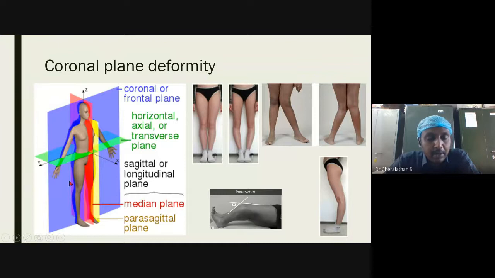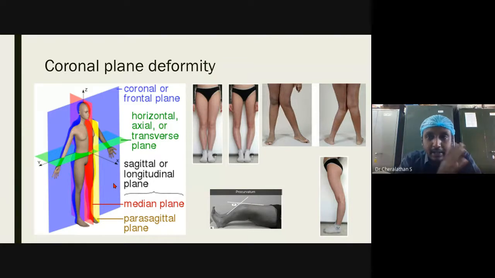With regards to anatomy, the human body has got three reference planes. One is the plane which connects ear to ear. That is how I was usually taught in my anatomy class. To remember coronal, the plane that connects the ears is coronal. When we didn't understand what exactly it was, that is how we usually remembered. The plane which connects two ears together is the coronal plane. Or otherwise, if you slice the body exactly as shown in the blue color plane, that is the coronal plane.